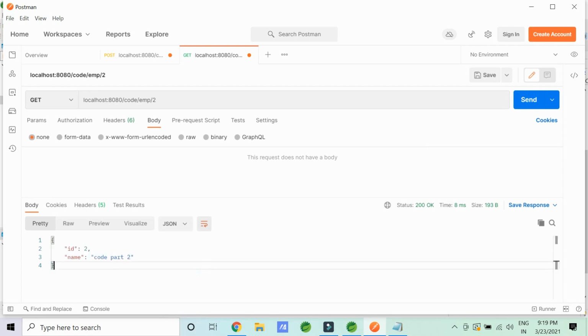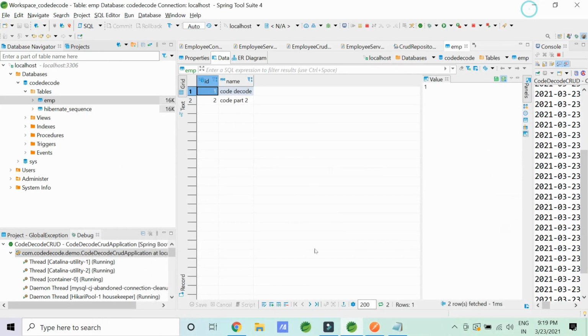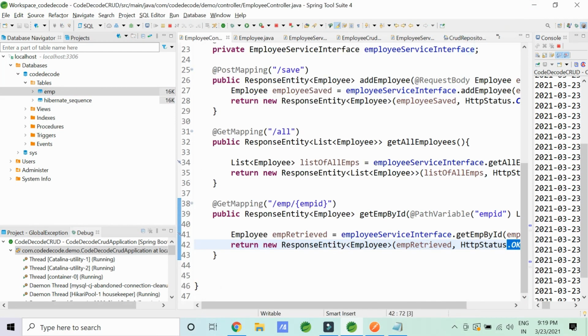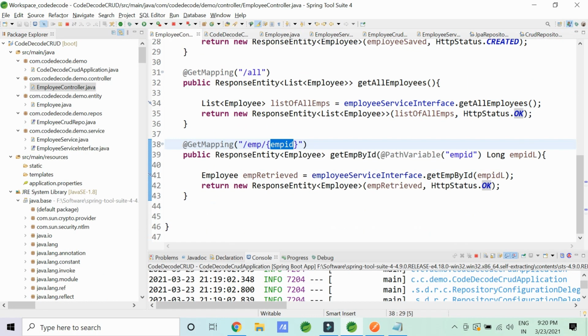So this is the beauty of the get method. We have seen the get method in 2 ways, right? The get method of getting everything as a response, and the get method when you have a path variable, where you get that particular variable's whole object as a response using the GetMapping and PathVariable annotations. So that is how we have completed the CR from the CRUD part. Only 2 parts are remaining, that is delete and update.